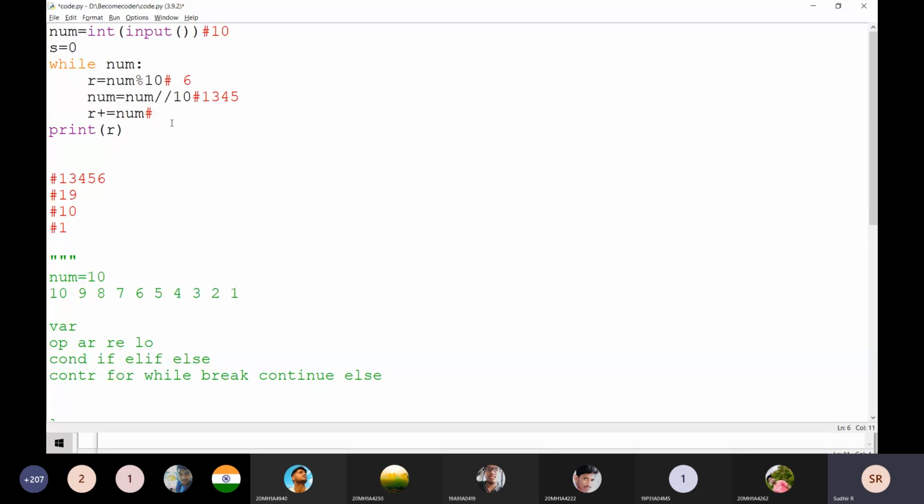R value is going to be 6. Yes, 6 plus 1, 3, 4, 5. Then it becomes 1, 3, 5, 1. Then R value is going to be 1 here.